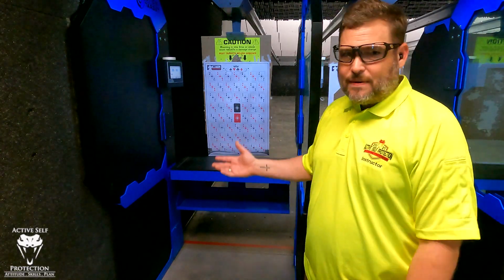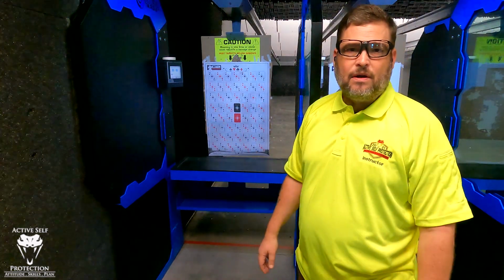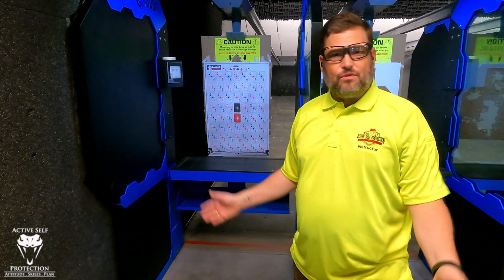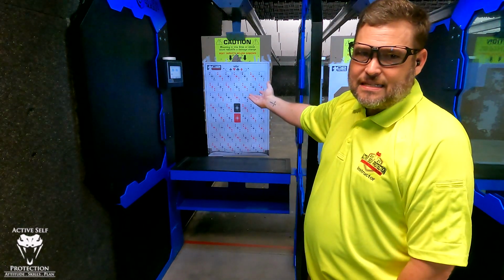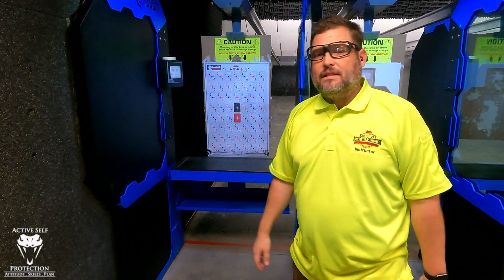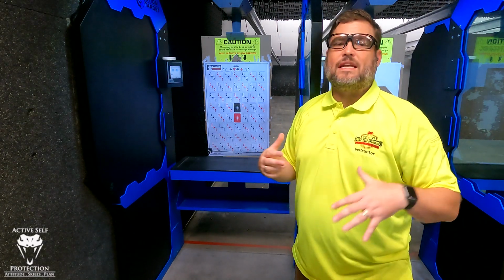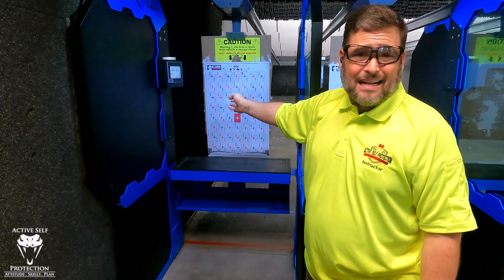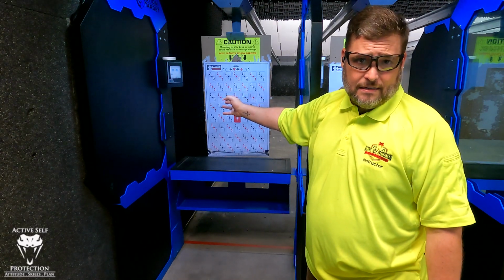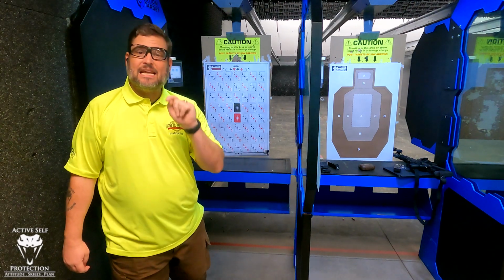Let's face it, you get to the range and you forgot your targets at home and you go, gosh, what am I gonna do now? Because, you know, people like shooting goofy targets, right? And hey, listen, everybody likes to do stuff. And I think these kind of card targets that C2 has can just be fun for people. I'm totally down with that. But when I show up to the range, I want to practice my defensive firearm skills. And of course, this isn't a target you'd normally look at for that. But bear with me, I think you can actually salvage something out of a target like this,